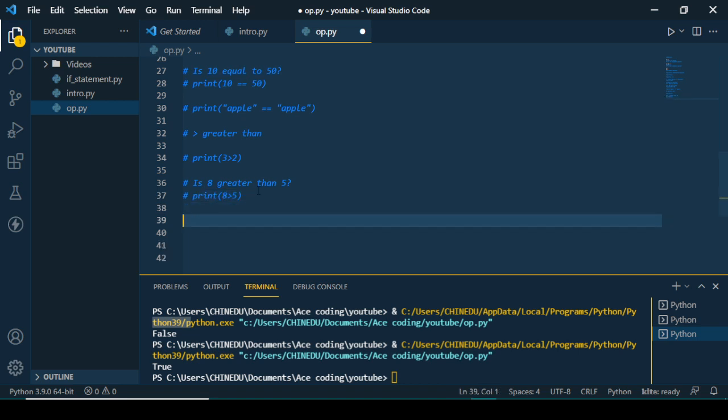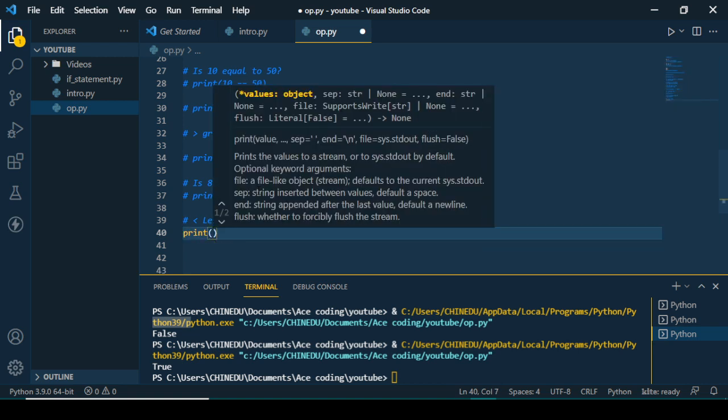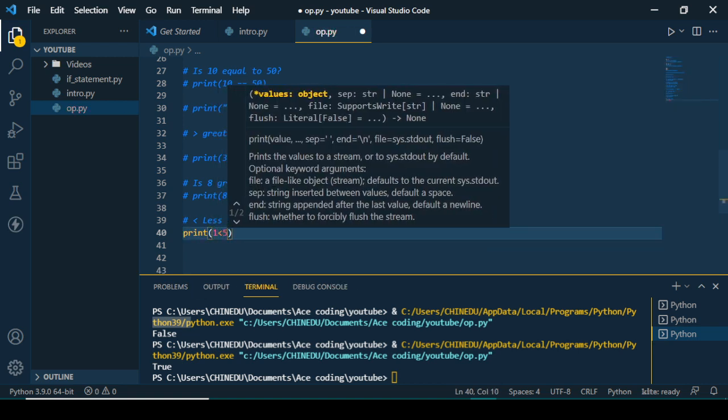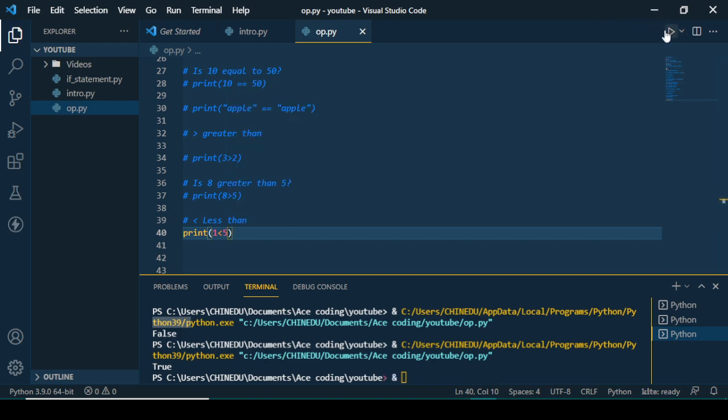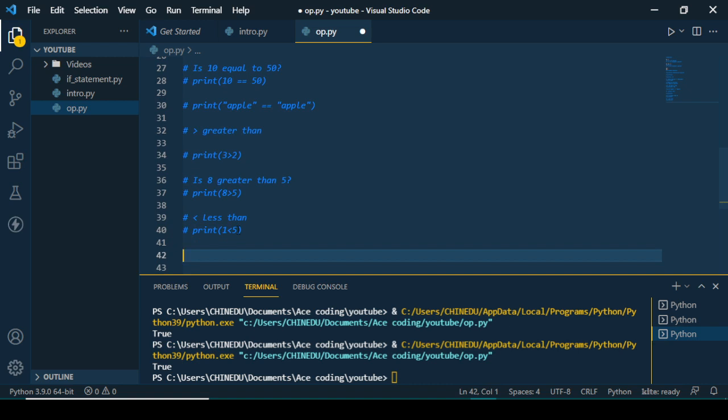Let's look at another one. We have the less than operator. We're going to say is 1 less than 5. 1 is always less than 5, so it's going to give us true, and it will only give us false when the opposite is the case. Let's go to one more. So we also have greater than